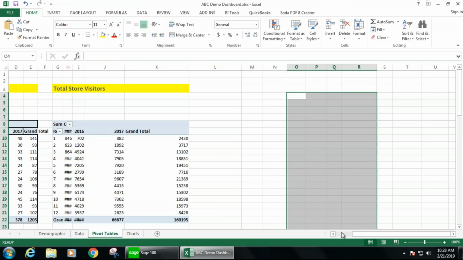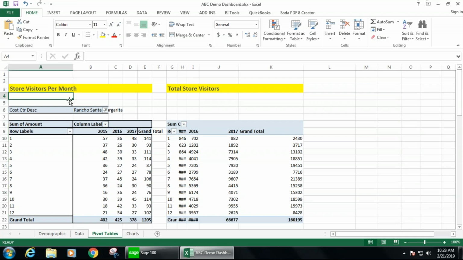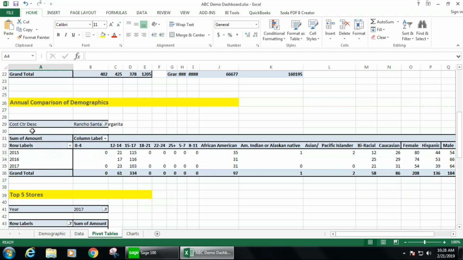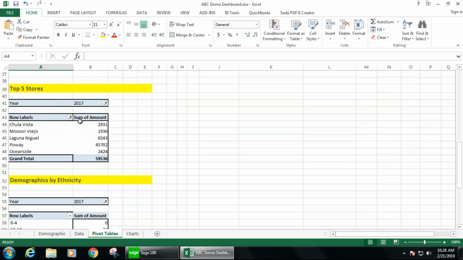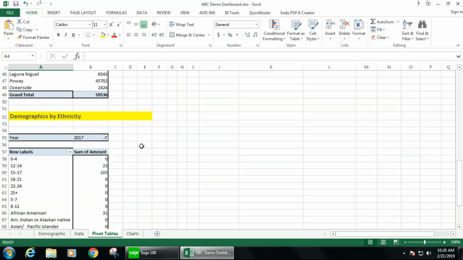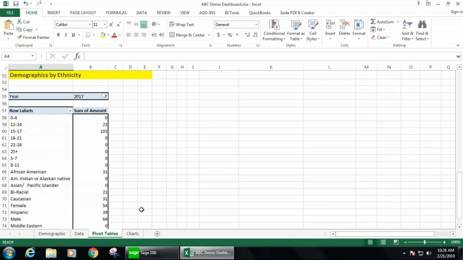So pivot tables. I have a tab here called pivot tables, and I've already predefined several pivot tables. I have number of visitors per month by store. I have total visitors by month, by year. I have the annual comparison of the demographics, so I can compare the type of customers I have by month, by year. I also have the top 5 stores by the number of customers they have, and a couple more. So I actually have a tab that has all of these pivot tables